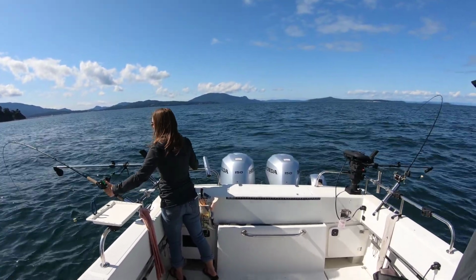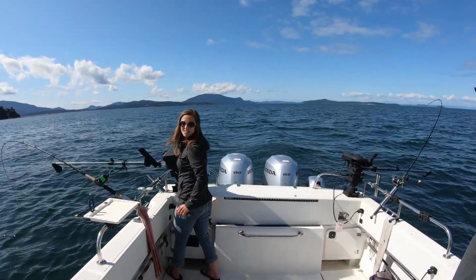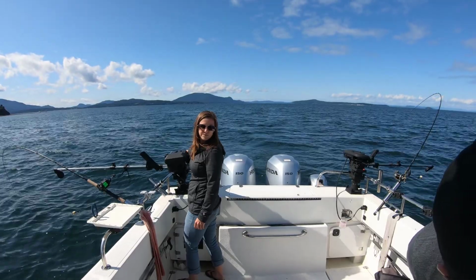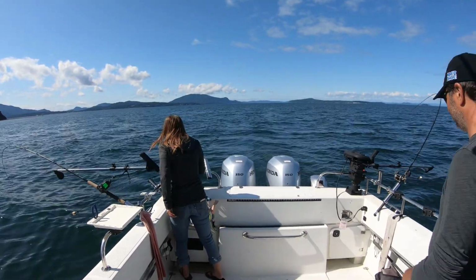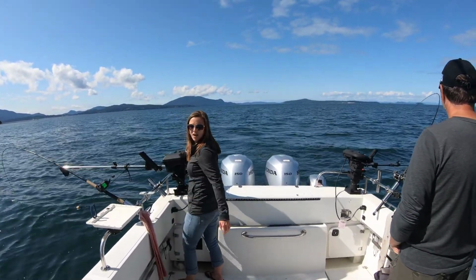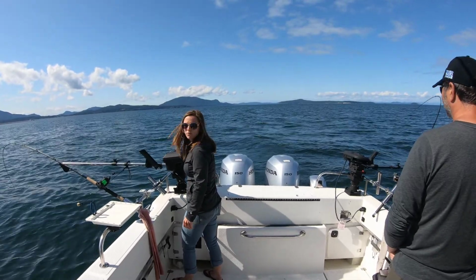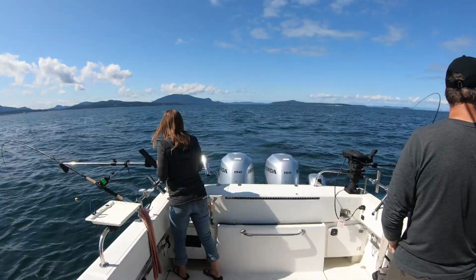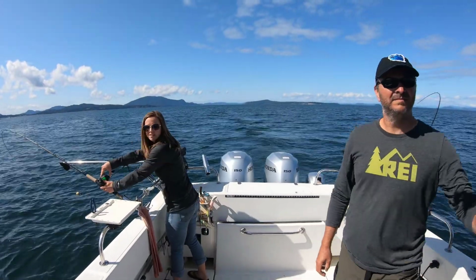Make sure everything looks good. And then as it sends down, I'll ask, what's the depth? 132. And then I will make note of that and decide where I want to set my downrigger ball. Since we're fishing in the summer, you can catch them suspended, or you can go towards the bottom. It's up to you. The biggest thing you'll see though, is so now that it's down where I want it,